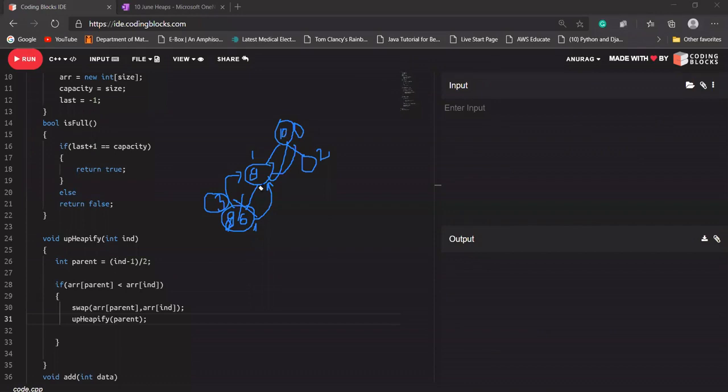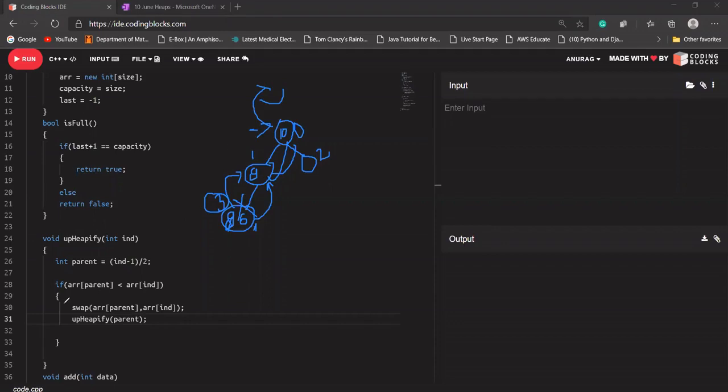So what this function will do is keep on comparing with its parent. But if it reaches the last node, let's say its parent node comes to 0, and again it tries to compare with its parent, then its parent does not exist.